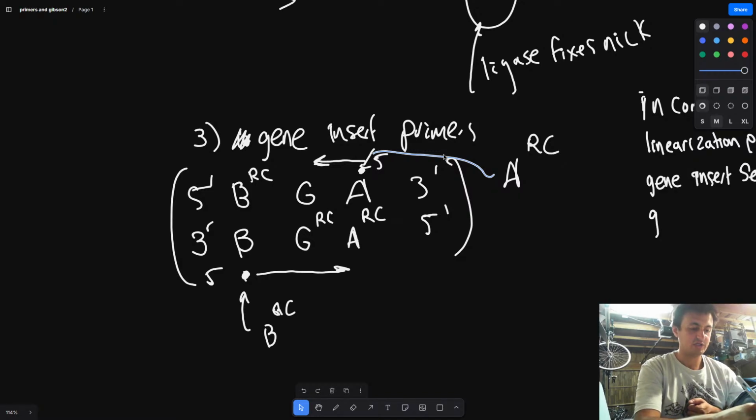Then gene amplification primers: ARC and BRC. Okay, and one thing to note is that this we just order